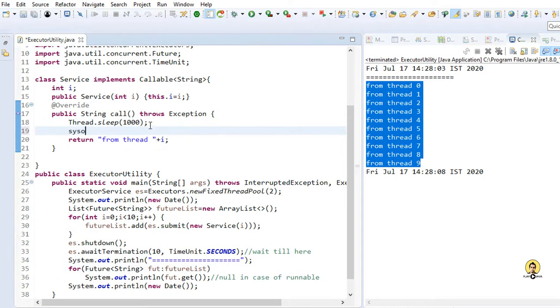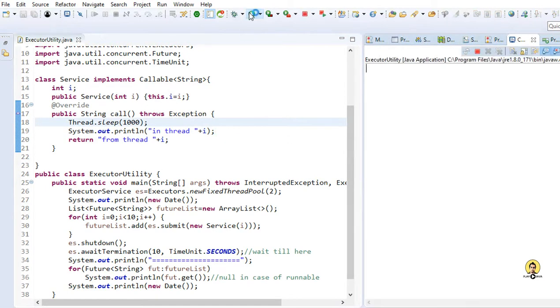Let's provide some data in the call method also so that we can see the thread executing its task. Here in the call method I am going to print just the counter, and we will see every time it will print the data in the thread and all threads will print data. After that we will get to see the future list. So our thread has started.